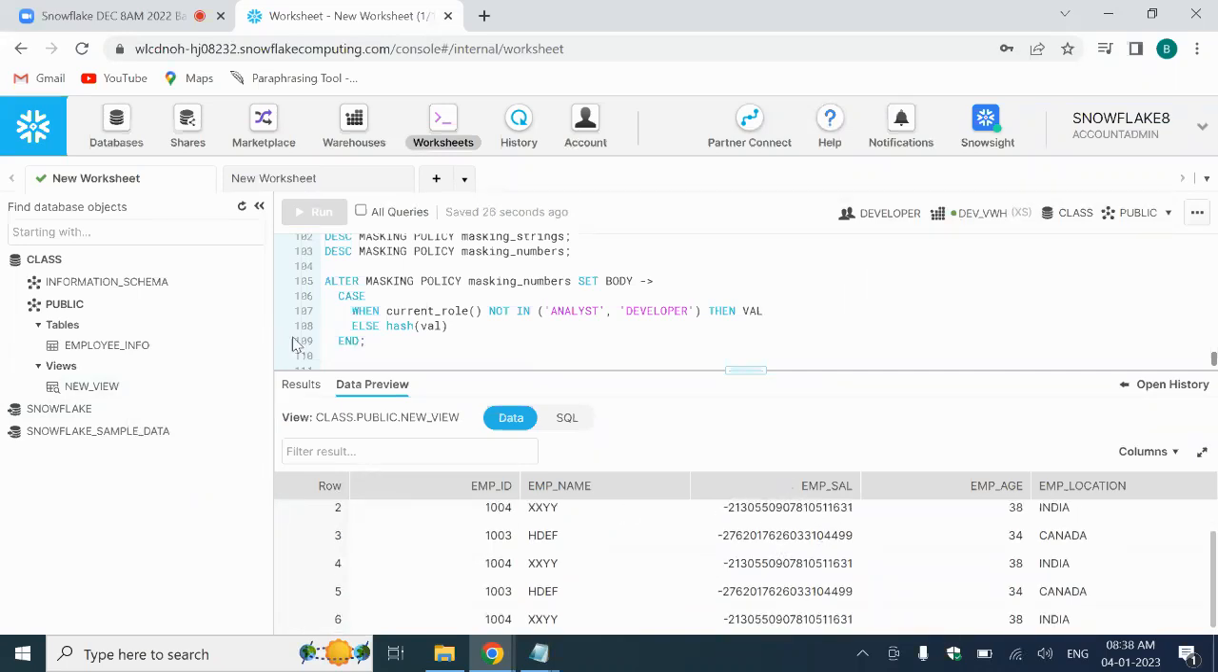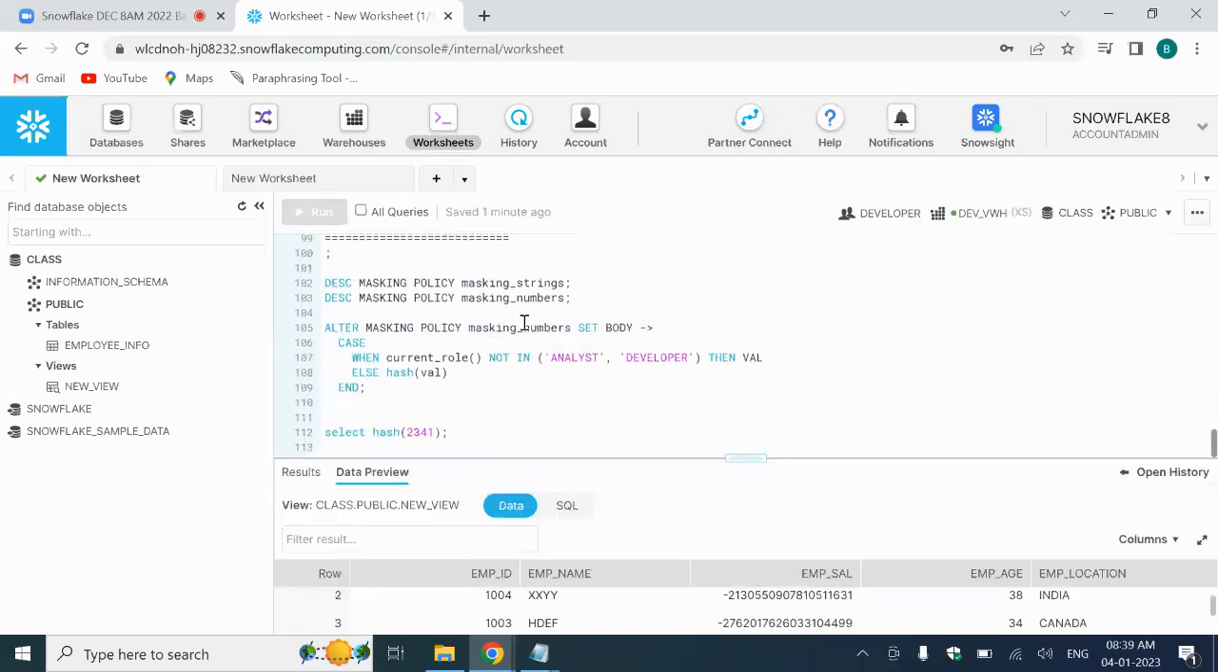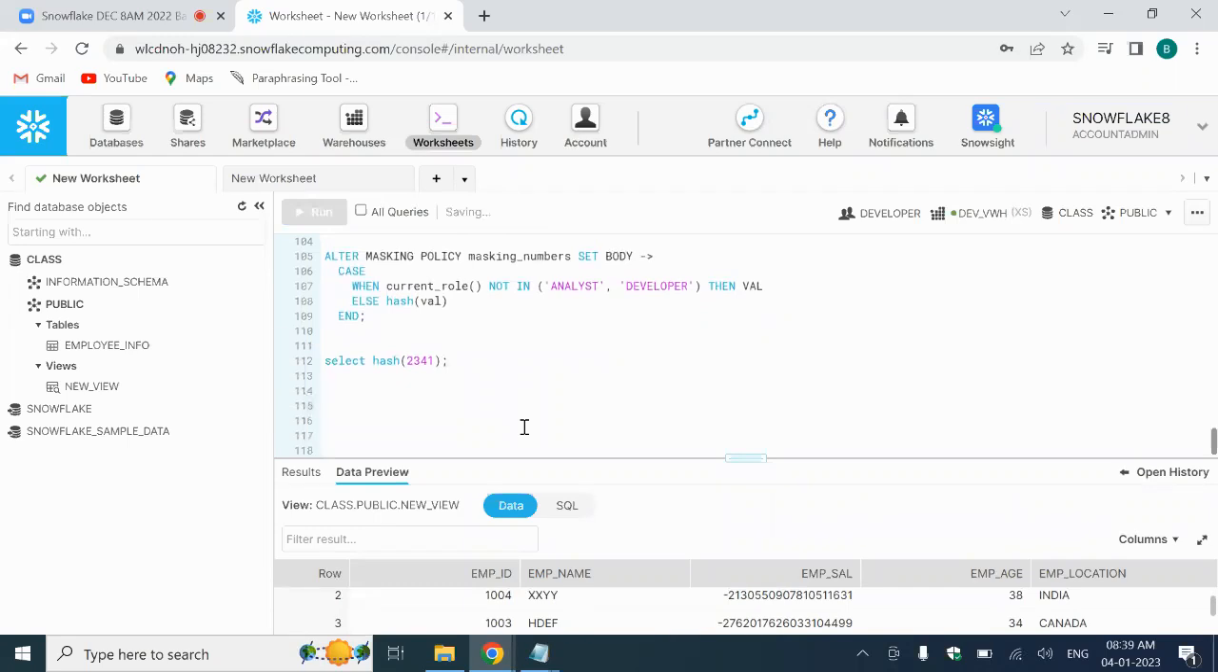A hash function has been applied for the employee salary column, right? So this is how it works. But we have to be careful about where this policy has been applied, because everywhere the same rules will be applied. So how will you know where I have applied this particular masking